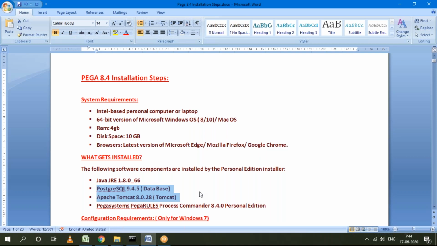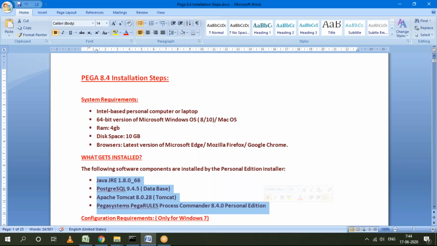So in real time, if you work on any other database or server, the working process is the same, no change, no difference will be there. Okay? So these are the four things that will get installed as a package. Why I'm saying as a package means, if you already have Java setup installed in your system, it will not conflict with that.